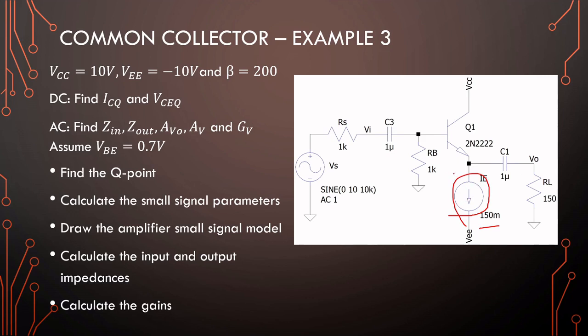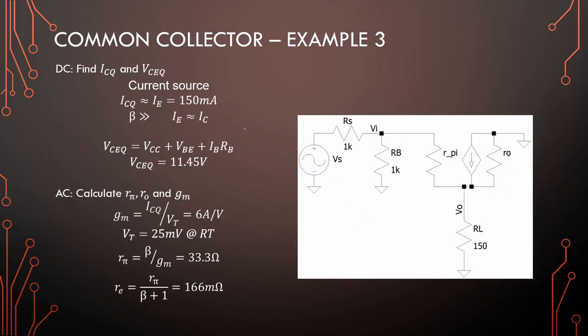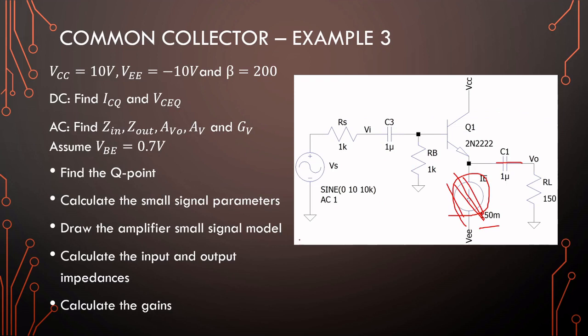Drawing the small signal model, this will disappear entirely and our load will be our only load here, and that will increase our input impedance significantly and our driving capability. Since we're driving with a current source, ICQ approximately IE is 150 milliamps, and our Q point I calculated with a bit of a different equation,